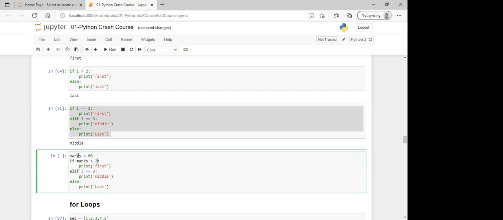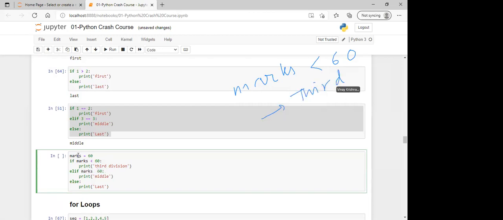The marks is less than 60, print third division. Else, you have to define, copy this condition. Marks less than 60, print third division.